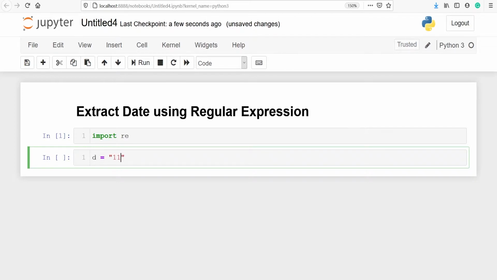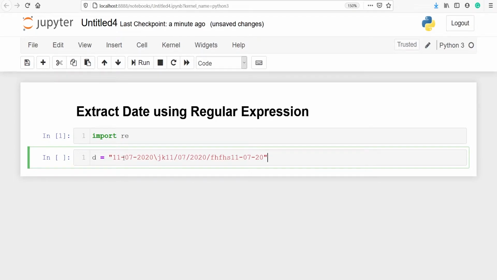The first will be 11/07/2020. Then I'll put a slash here, JK. Then one more date, 11/07/2020. Then I'll put a slash here and put anything here. Then I will write a date one more time, 11/07, and this time instead of 2020 I will just write 20. Here I have to put one more 0, 2020. Now in this variable d you will see that I have written a date thrice.